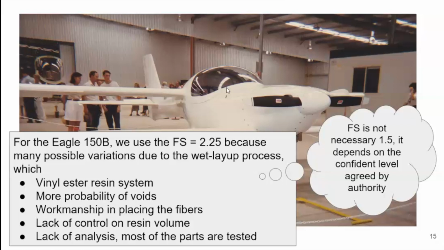For the Eagle, in my experience, we do not use 1.5, we put it higher to 2.25. And where does this number come from? This number comes from negotiation with CASA Australia, because Eagle was initially certified in Australia. It was certified under the Civil Aviation Safety Authority of Australia. So CASA Australia and Eagle sat down, and we decided that we use 2.25 instead of 1.5, because there